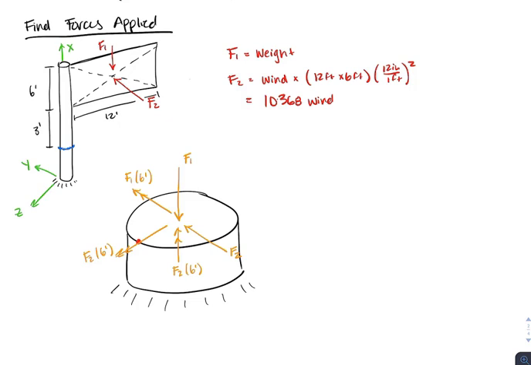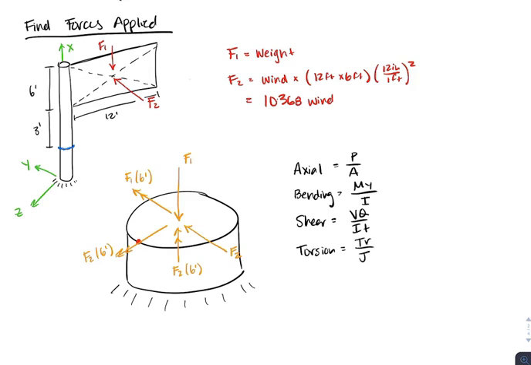And so now we can say, okay, we're going to have stresses due to axial load. So that's going to be our P over A. We're going to have stresses due to bending. That's going to be our My over I. We will also have stresses due to our shear. So that's going to be VQ over It. And we also, in this case, have torsion, which is going to be TR over J.